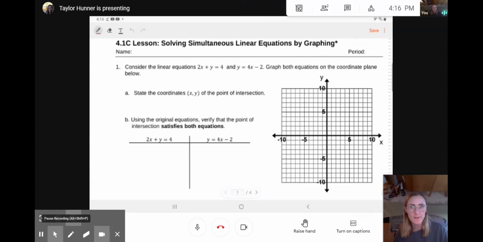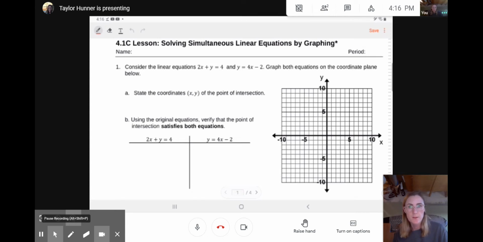Hi, Math B. We are doing lesson 4.1c, solving simultaneous linear equations by graphing. So it's really important that we're graphing precisely when we do this. So go ahead and take out your notes and be following along and writing this down as you're watching this